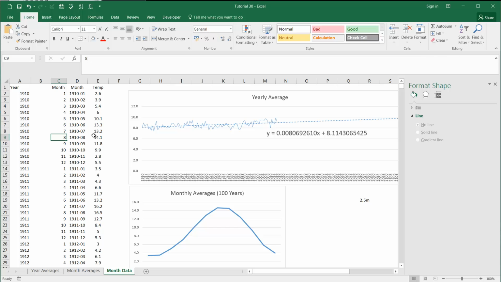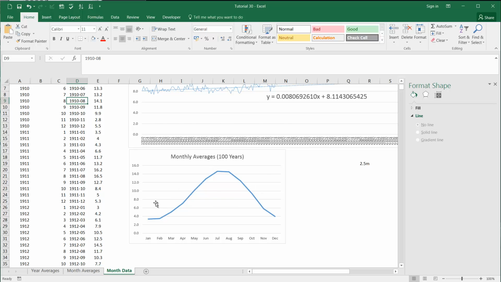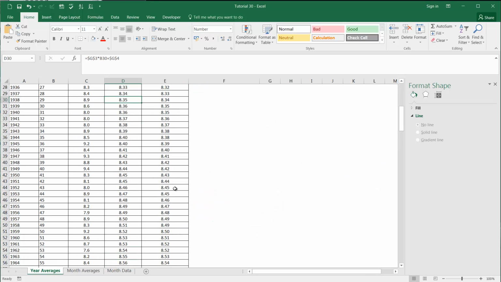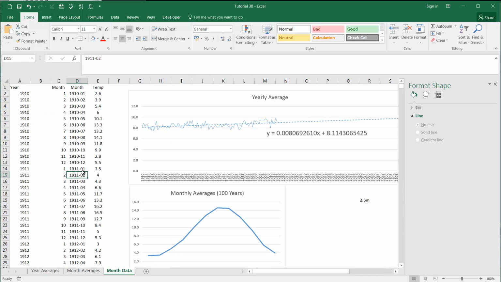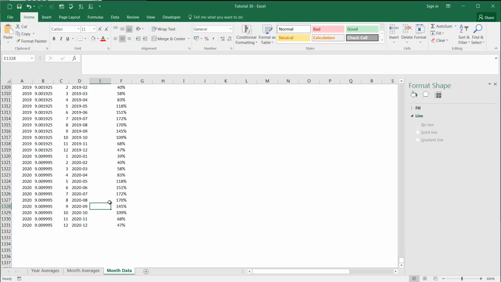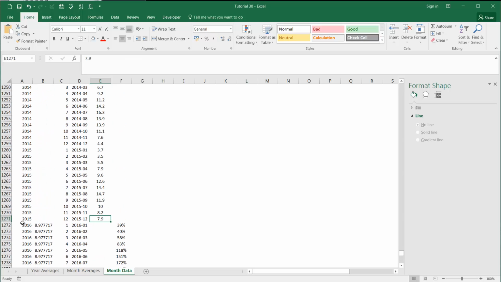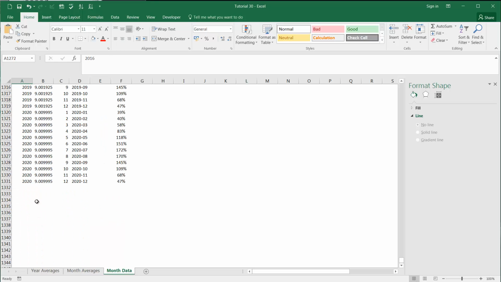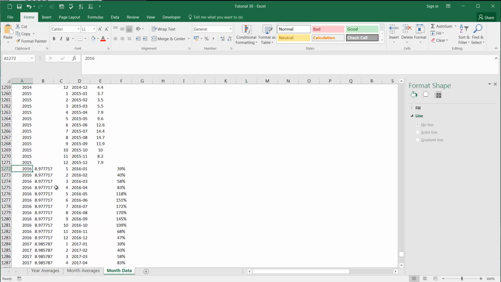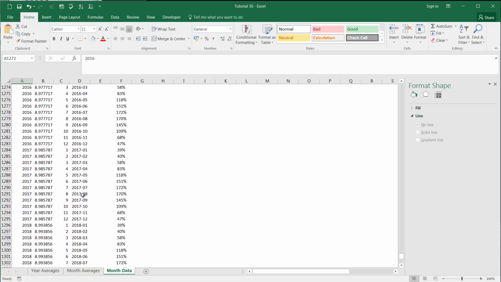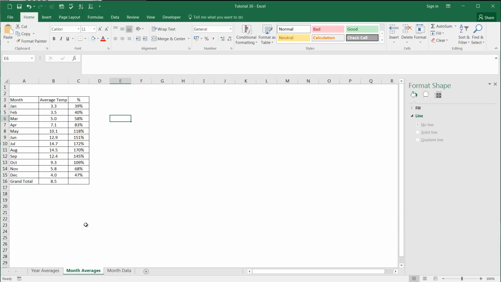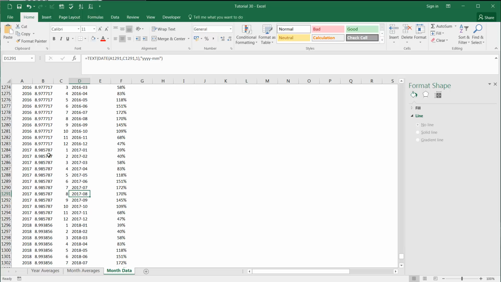So the only other thing I wanted to show you was how you can combine two things together. So we've got our monthly averages here. We've worked out what our yearly averages should be. So now we're going to combine these two things together. So in our month data, if I scroll down to the bottom of where our actual data is, you'll see that I've put in the next 4 years of months. So we're going to forecast what the monthly temperature is. So we should be able to see what the average temperature is going to be next August. We should be able to work that out now because we've got our average monthly temperatures and we've got our average yearly